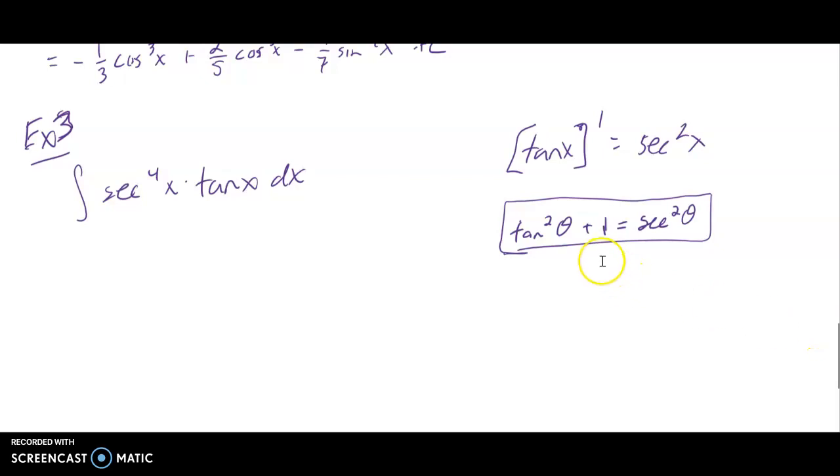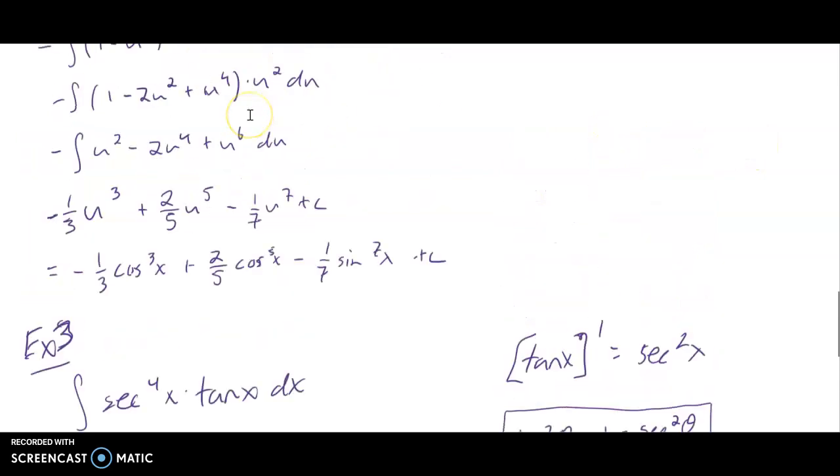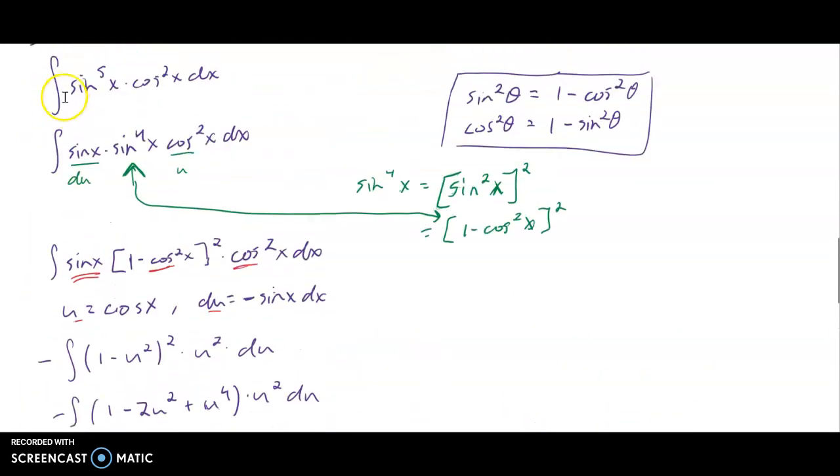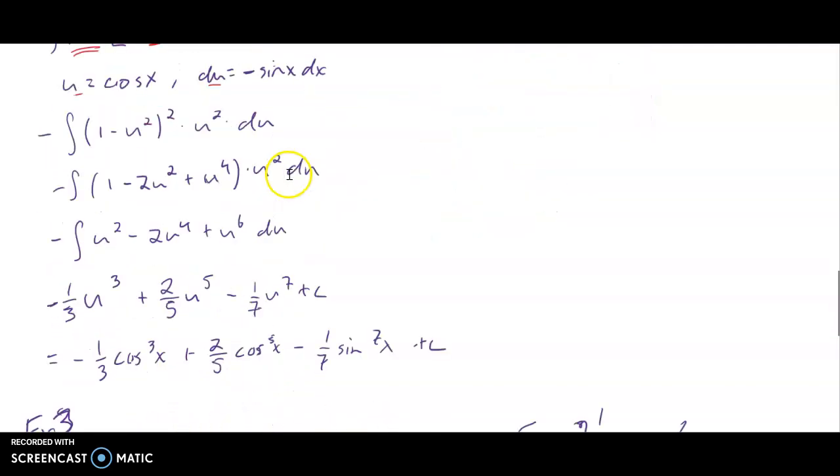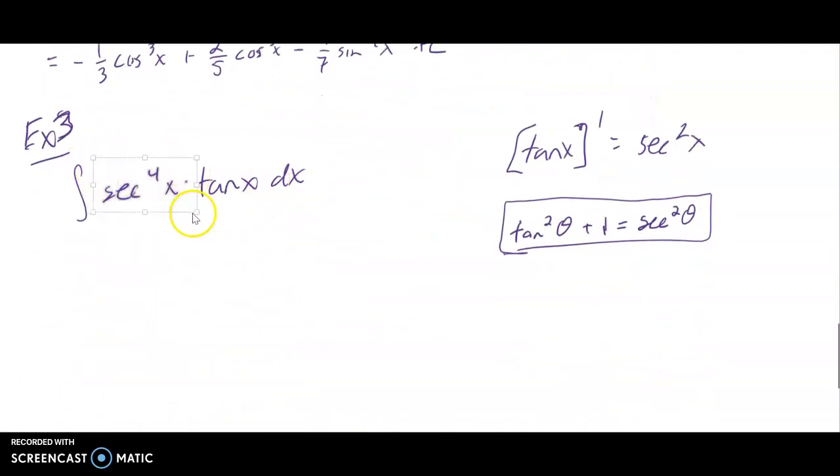So here's the deal. Tan derives to secant squared x. When I was up here previously, we always tried to separate this out so that the du was there. Now, the du of a sine or a cosine is always a sine or a cosine, always to the single power. So when I separated this into two pieces, I left it as sine to the first power. Come down here, I've got secant to the 4th. I can separate that out into a lot of things, but because tan derives to secant squared x, I'm going to rewrite this as